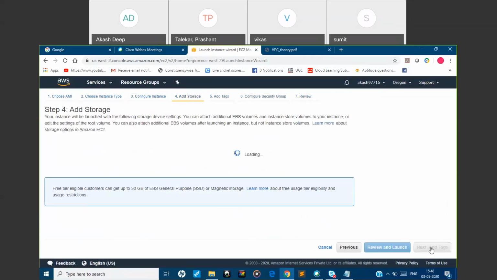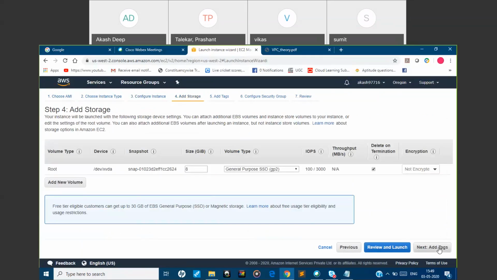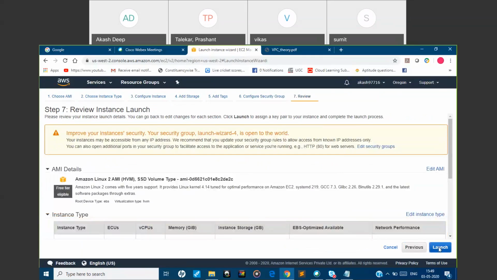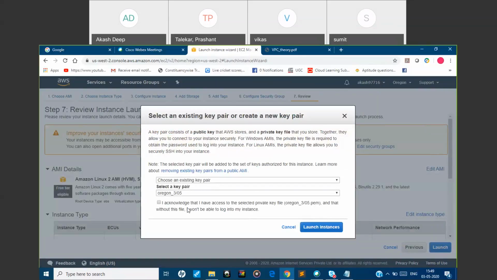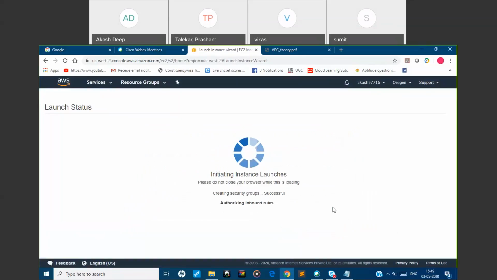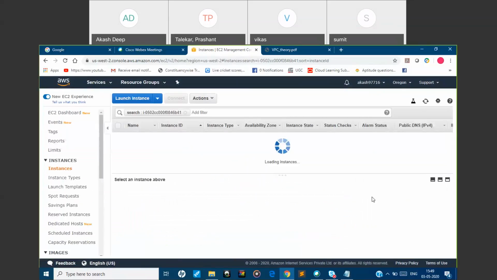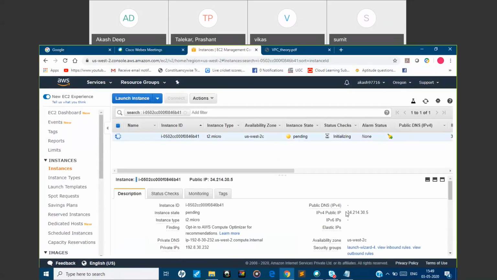add storage, add tags to your security group, associate with this key value pair, launch it. So now you are able to see that a public IP is associated, because we had made that section enabled, right?